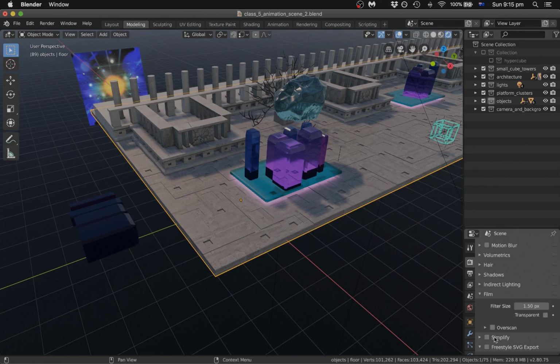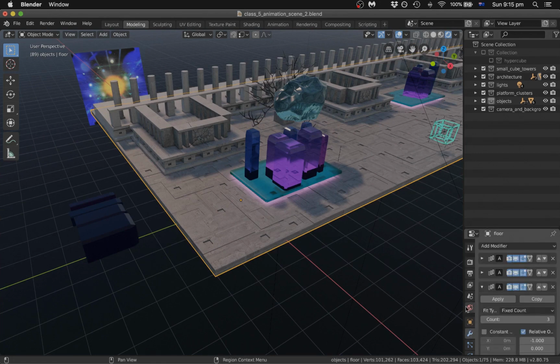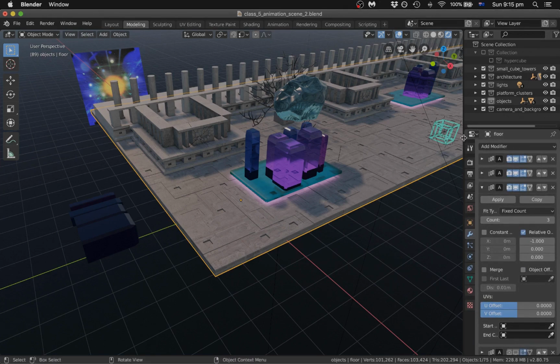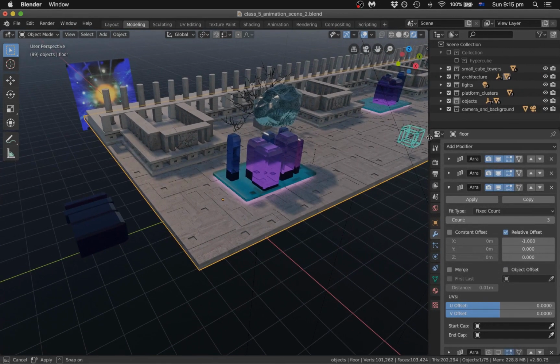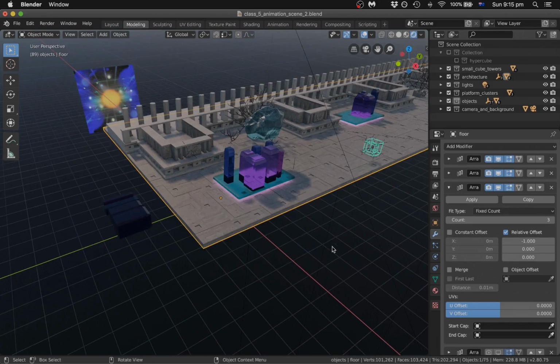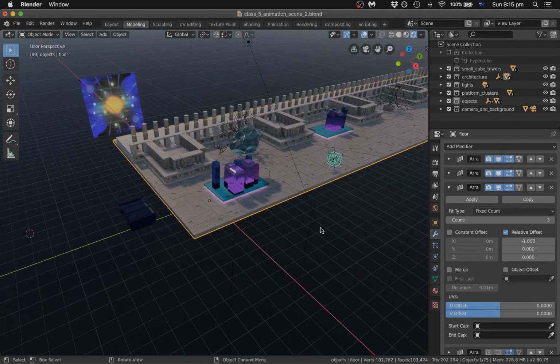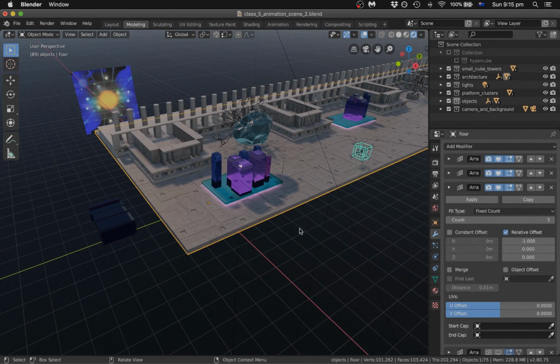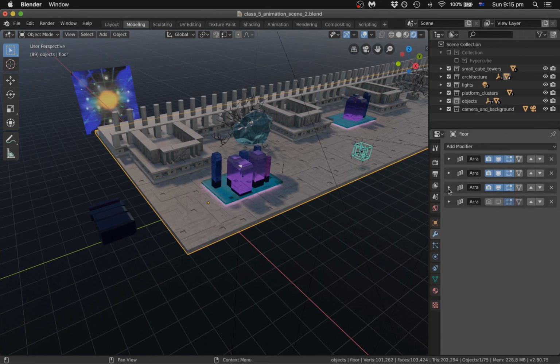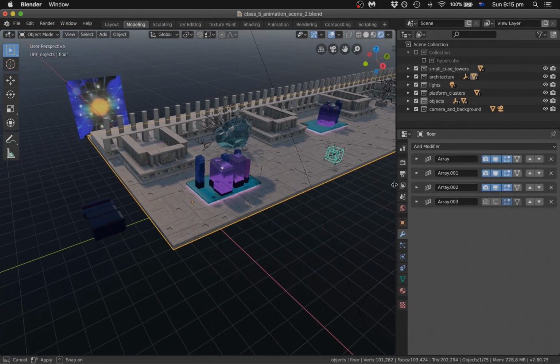But let's go into the modifiers, because what I want to show you is that a lot of the properties in many of the component menus of Blender can be animated exactly the same way that you set keyframes into the position of the ball. You can set keyframes into all sorts of other parameters in Blender. So for example, if we look in the modifiers of the floor here,